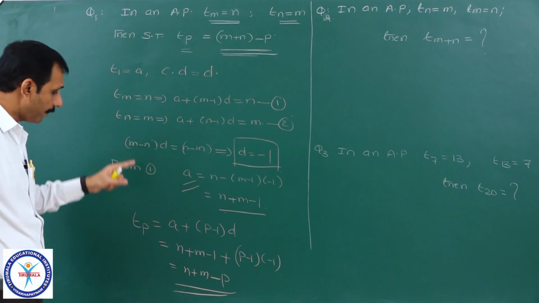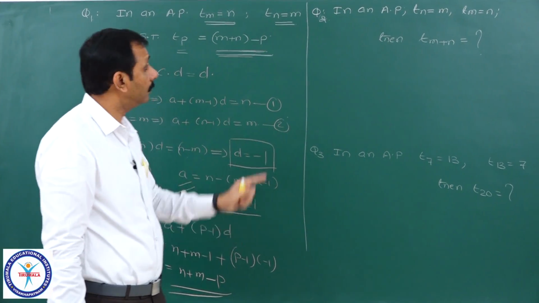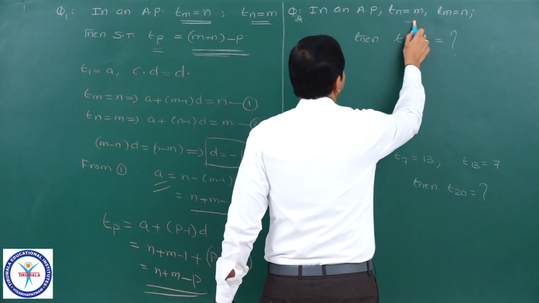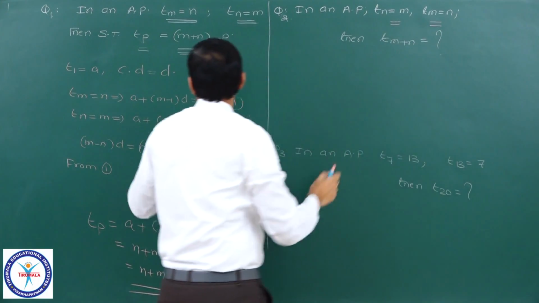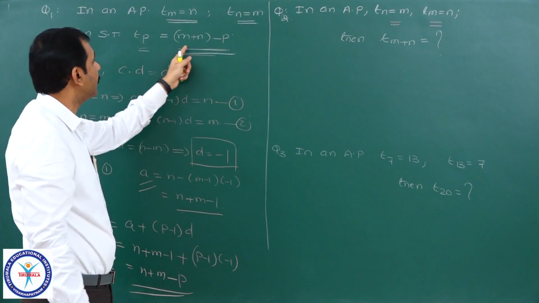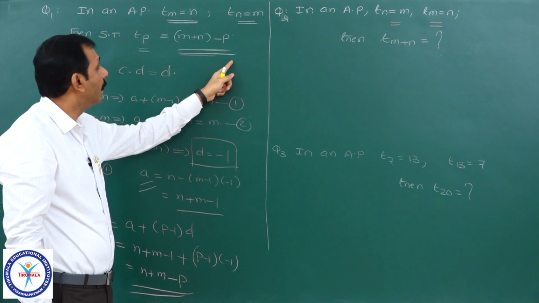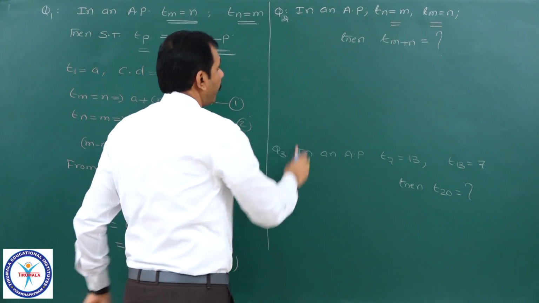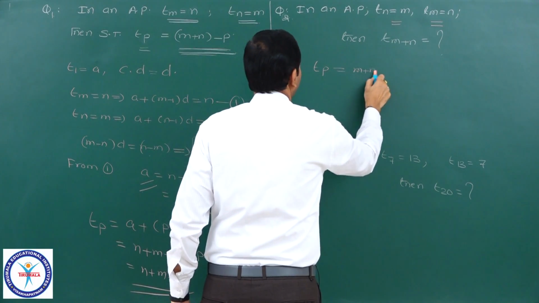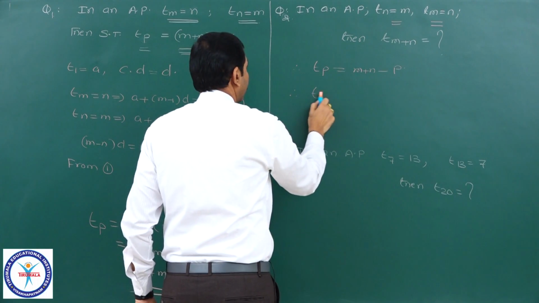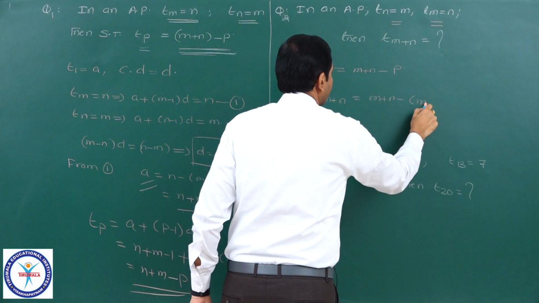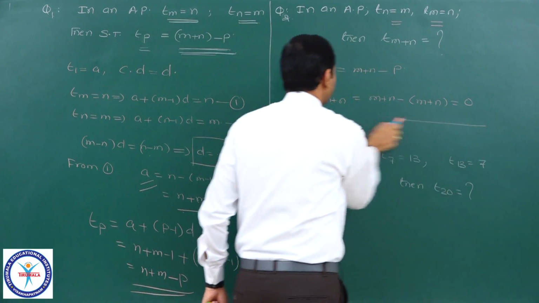And based on this concept, these two problems are, this one a previous entrance question. Nth term is given m, mth term is given n. Same problem only. Of course, here the pth term is m plus n minus p. Now they are asking for m plus n. Therefore, Tp is equal to, we know, m plus n minus p. Hence, T of m plus n is equal to m plus n minus (m plus n), which is equal to 0.